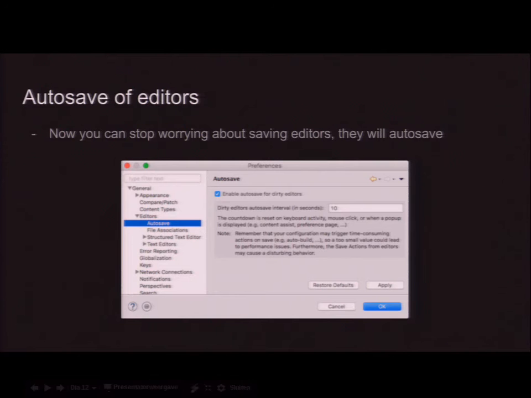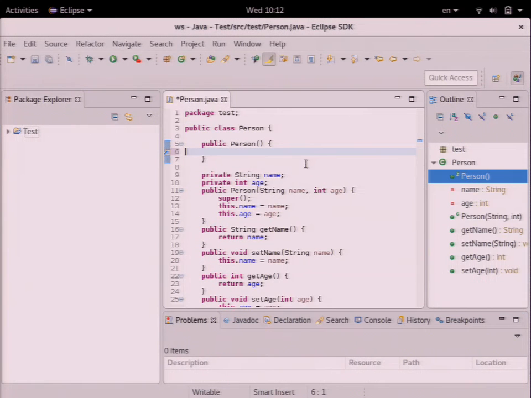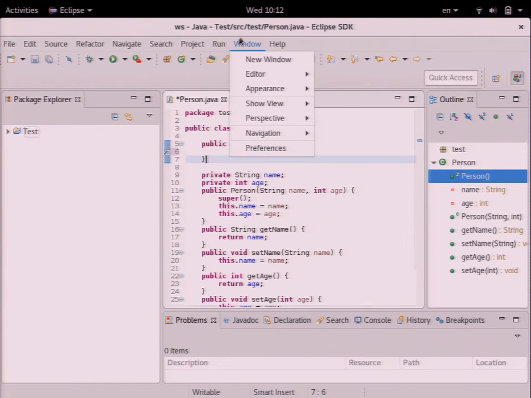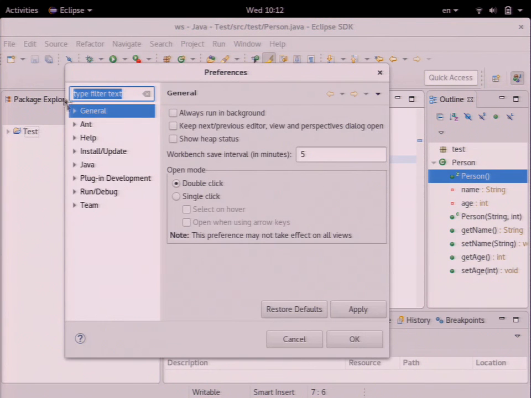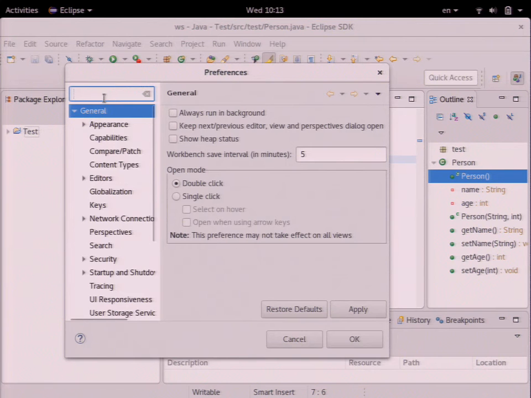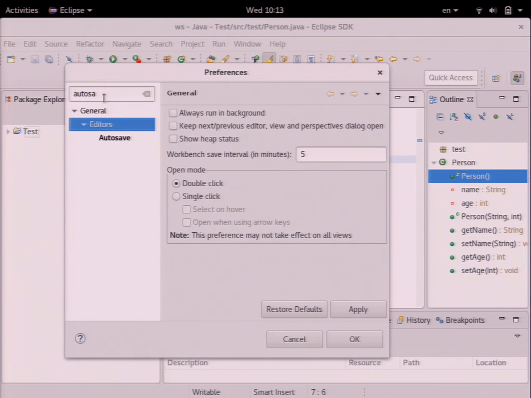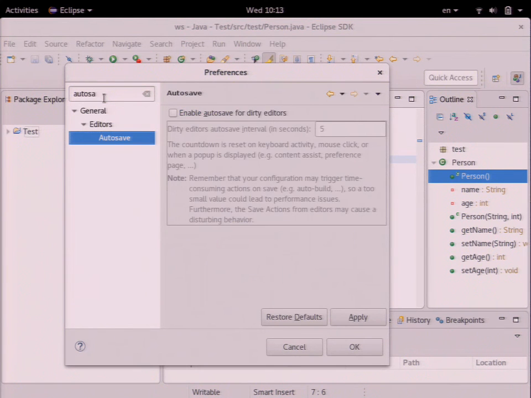Next, autosave of editors. This is also something that was made possible by the FEEP program. So now, in the preferences, let me find autosave. Yes, in the editors you have a way of saying enable autosave of dirty editors, and then you give it a timeout, and if you are inactive in the IDE for a certain number of seconds, it will automatically save the editor. There's not much rocket science in understanding what it does, but there